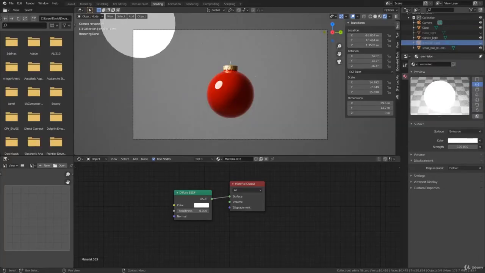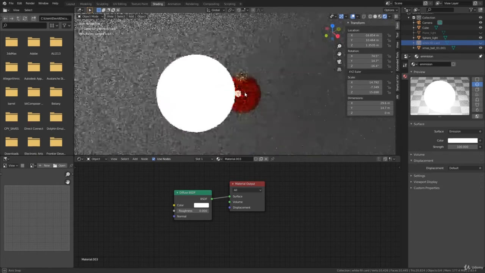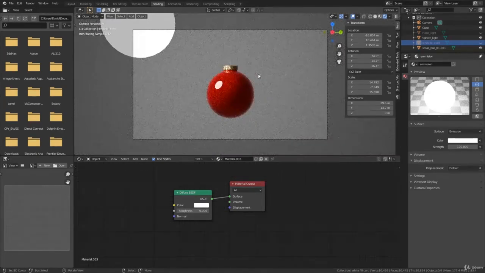The surface of the object also has a lot to do with how you should light your object. So right now we can see that we have a Christmas ornament or a Christmas ball, and the only thing in our scene is essentially a spherical light. This does not really look pleasing to the eye. And why is this? Well, let's actually change the